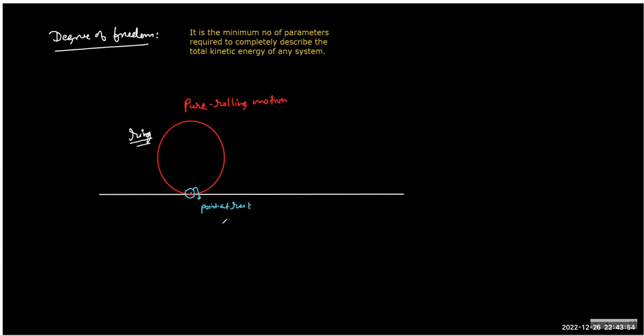And why am I saying the point at rest? Because this point, the point exactly below, on the ground, is at rest, right? Now, if the ground is at rest and you are not moving with respect to the ground, can I say that you are also at rest? Yeah. And that is why this point at rest